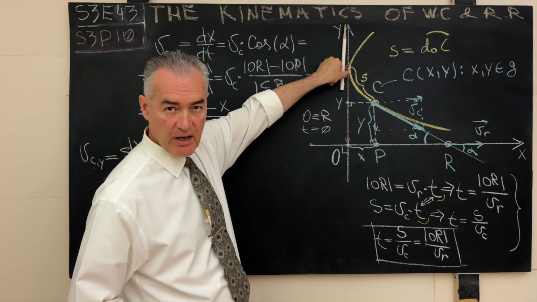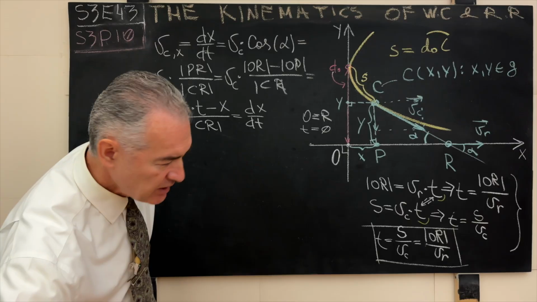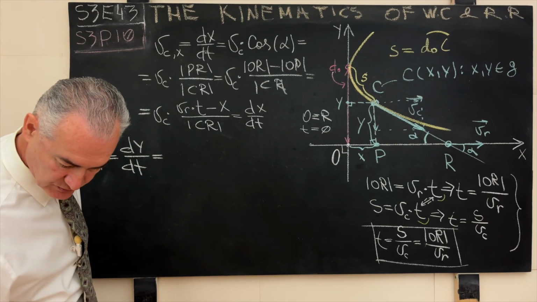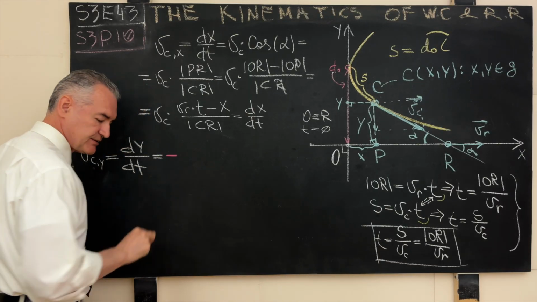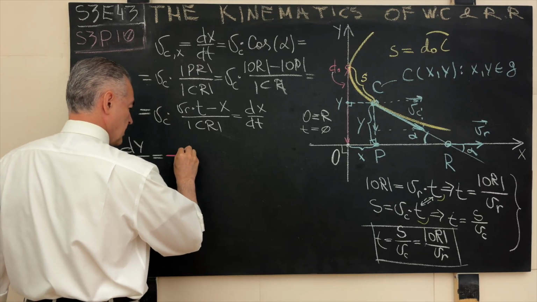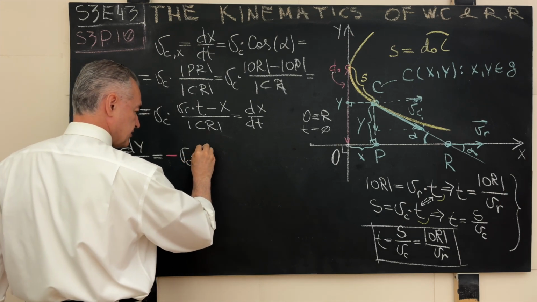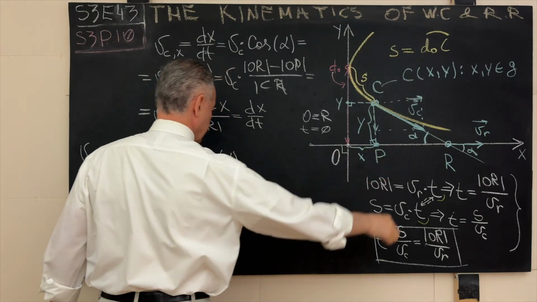The cosine of pi is -1, so this is our -1. So here we carefully write, let me even use the red chalk over here to make sure that we do not lose the minus: minus the magnitude of the velocity of the chaser, which is a constant quantity, times the sine of alpha, the sine of this angle.